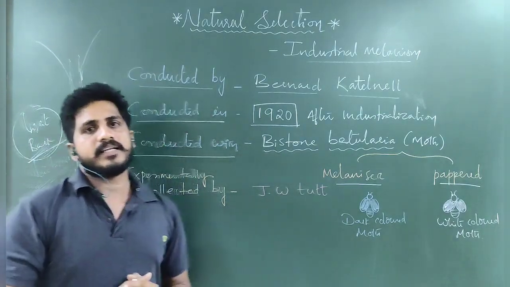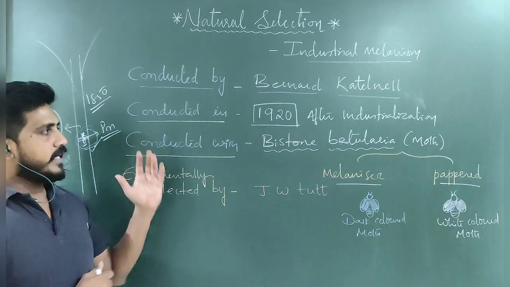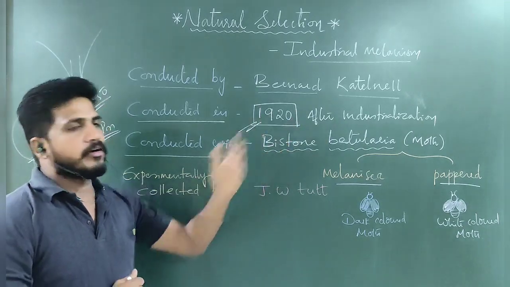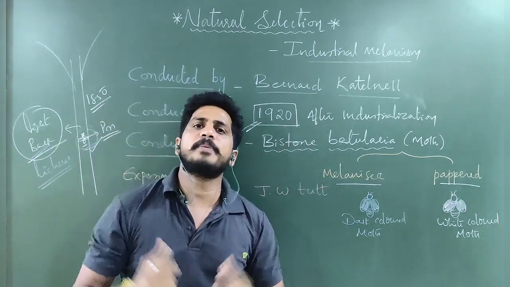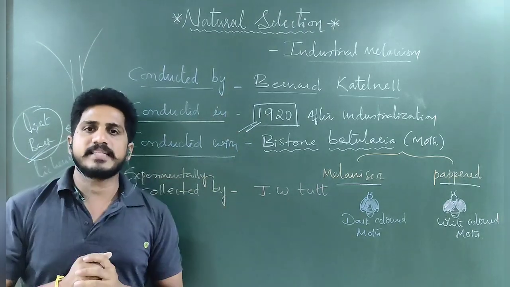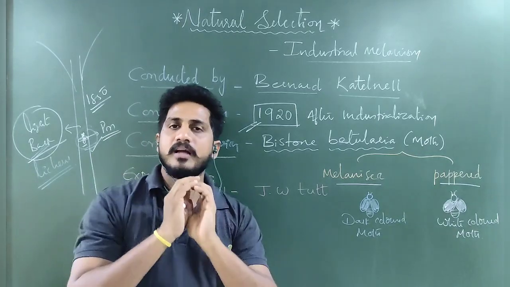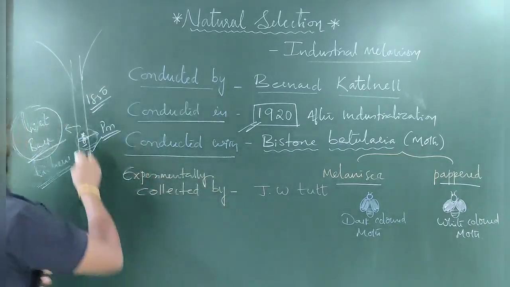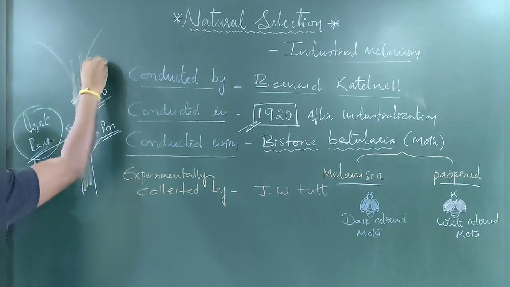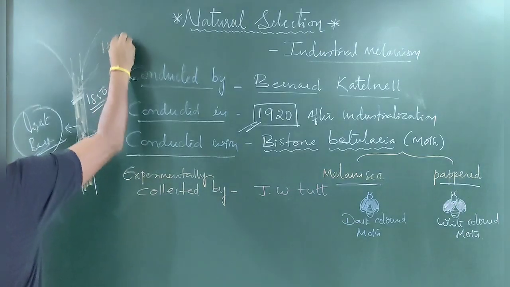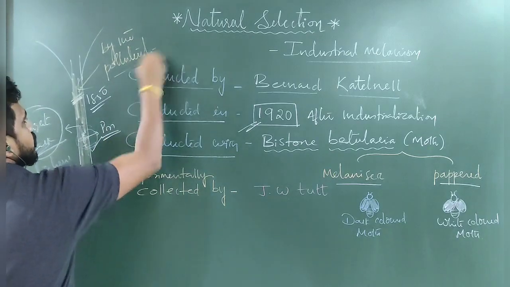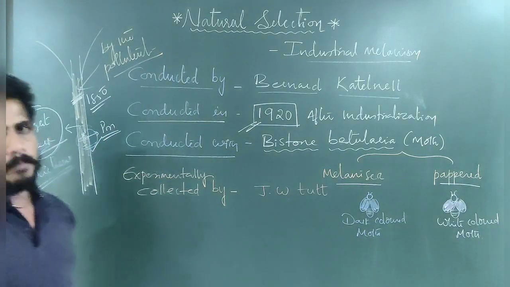As technology went up, in England in 1920 a complete urbanization setup had been done because of the industries. A lot of smoke was released by the industries, and there were a lot of pollutants in the gas. Because of the presence of all these gases, the tree barks became black in color. So the tree bark became black because of the pollutants.